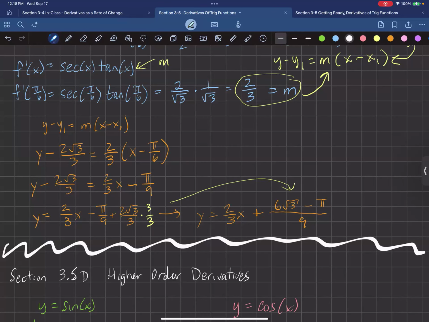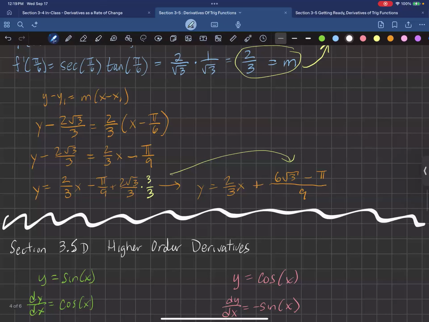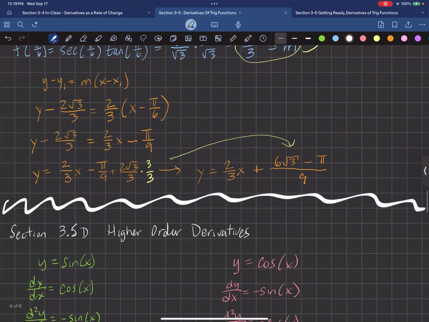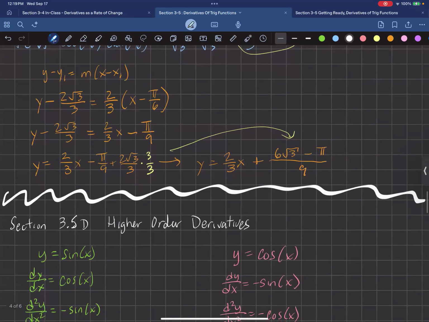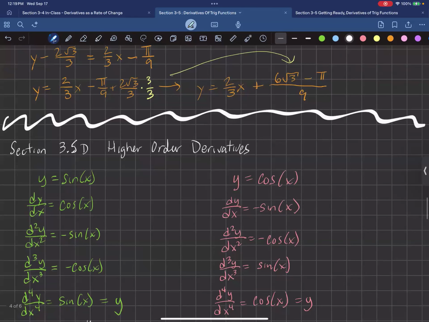When we take the derivative of those, we get dy/dx equals cosine x when we start with sine x, or dy/dx equals negative sine x when we start with cosine x. And I'm going to do the first four derivatives. And when we do that, we see that by the fourth derivative, for both of them, we're back where we started, which is really neat. For sine and cosine,